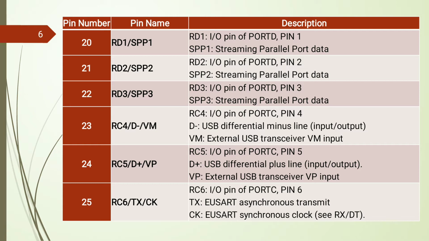For each and every port, IO pin is the basic function, and after that some additional features, like the streaming parallel port data function, are available with port D, and various timer related and CCP related additional pin functions are associated with port C. In the case of port A and port E, the various pin functions are related to